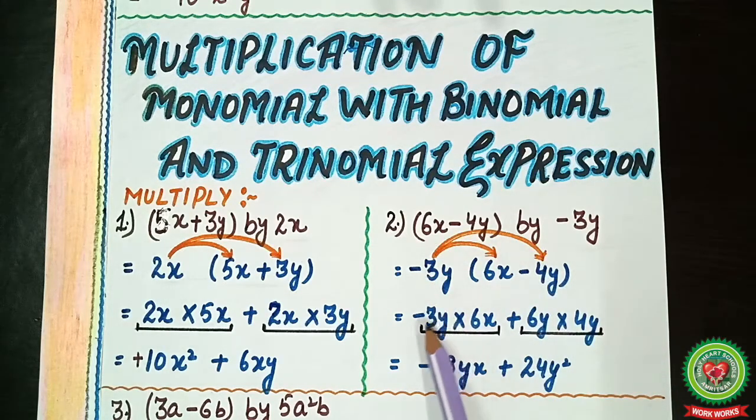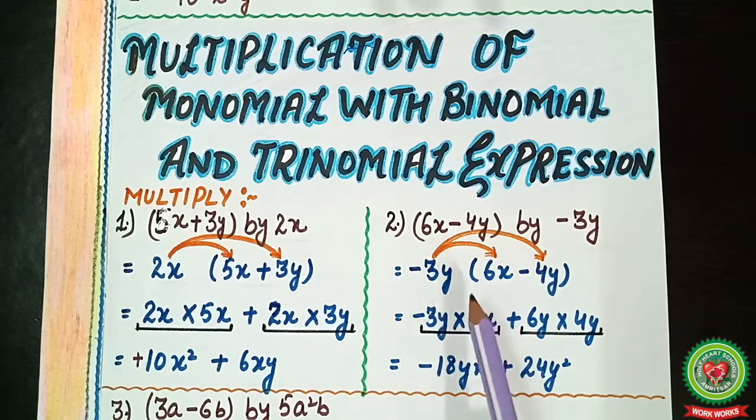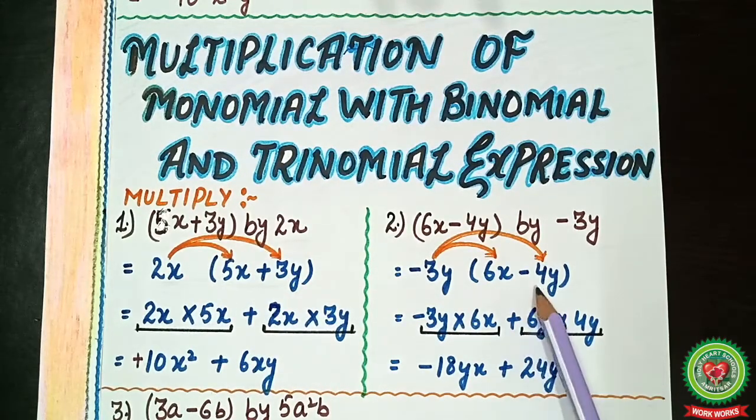So here you will write first minus 3y multiply 6x. Now here you can see outside the bracket, a minus sign is there, right? You had done this concept in the junior classes, in 5th as well as in 6th, that whenever outside the bracket a minus sign is there, the inner sign will change, right? So here the minus sign is there outside and the inner sign will automatically change. So here you will write plus, right? Minus will change into plus.